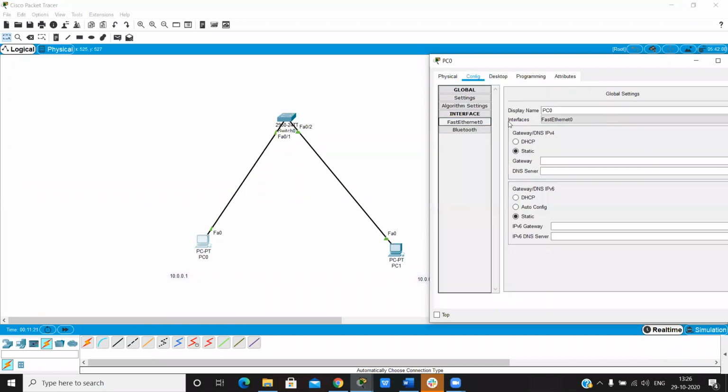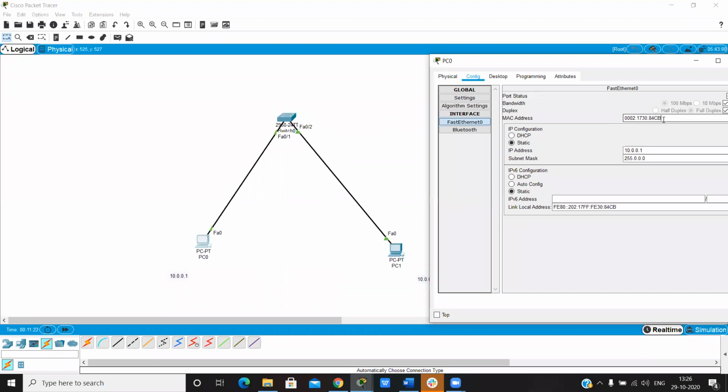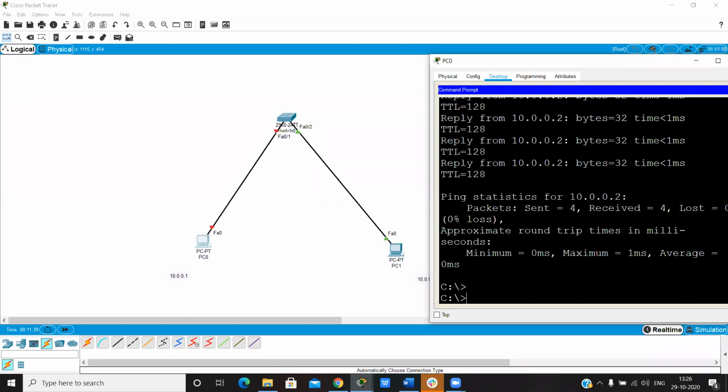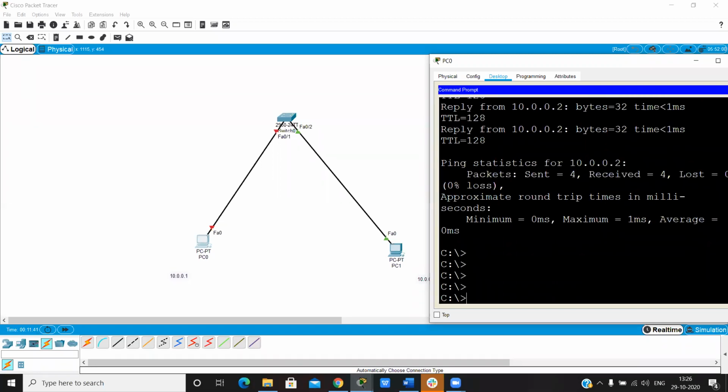But if I change the device, or we say the MAC address to CC, now see, I am doing nothing and this port goes down automatically because of port security.